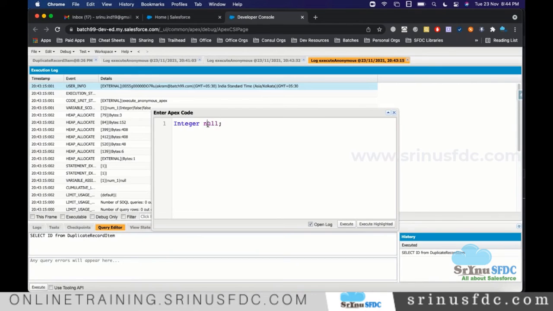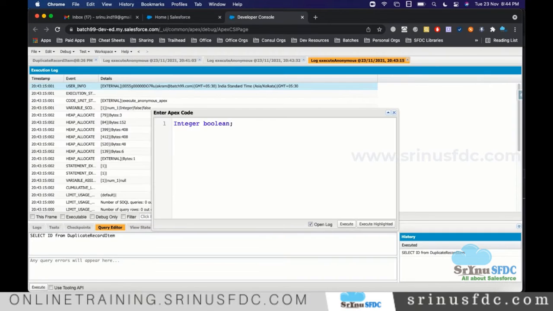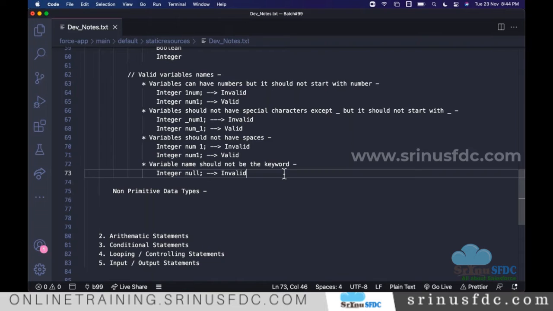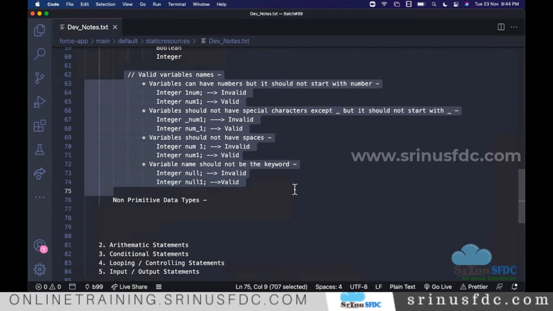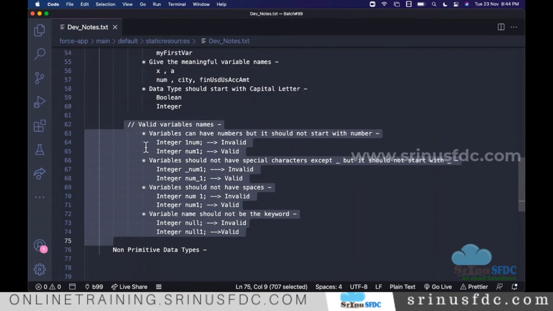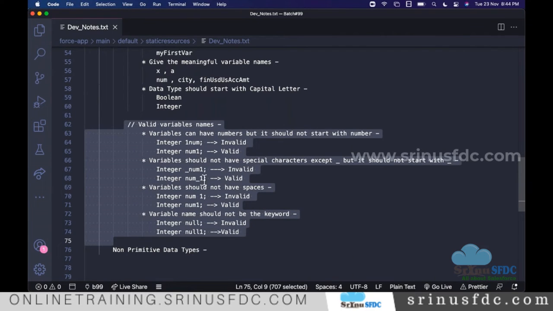It's throwing an error. I also cannot use Boolean, because Boolean is a keyword. If you append something to that null, something like this, it will work, because that is not a keyword. So for sure we have to follow these, otherwise we will see the error. Follow the indentation, follow these rules, so that you will be good.